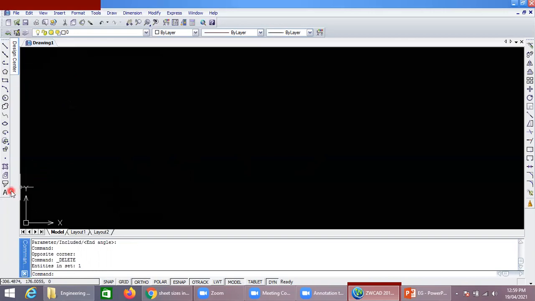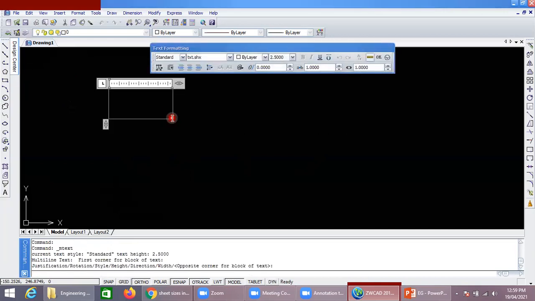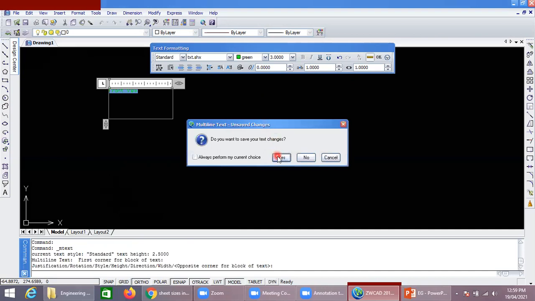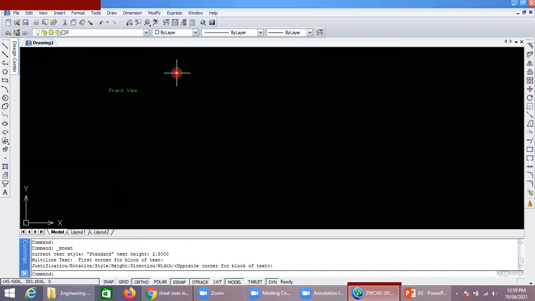If we have to note any kind of letter in a drawing view, then this is the multi-line text box command. Suppose you want to draw the orthographic projection, then we have to plot the front view. This is how it is done through the multi-line text box. You can write the front view, and from this point you can increase the font size of the object. This is how you can write front view.